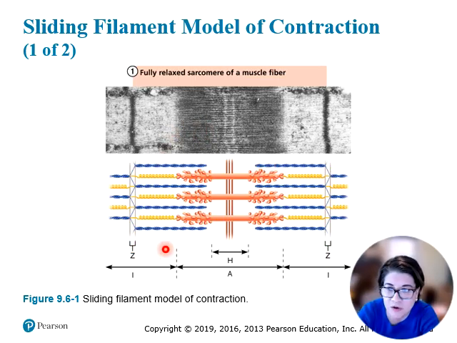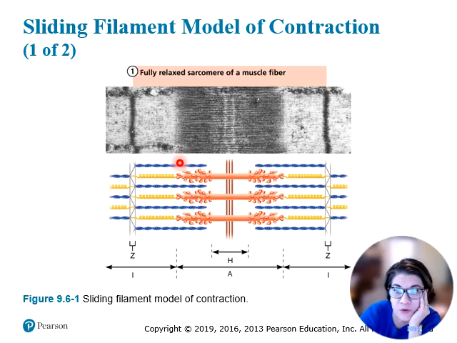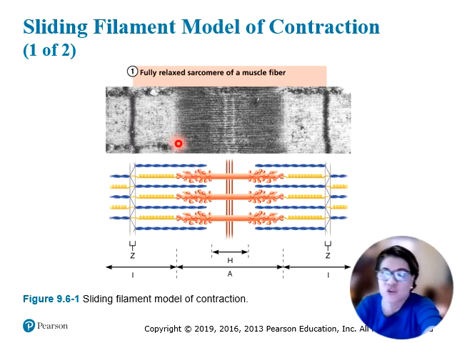This is one sarcomere, right? So here's a real picture of it, and this is the M line right in the middle. This is when it's relaxed, okay? And when the nerve impulse comes, when you receive an action potential, this isn't shown, but you have